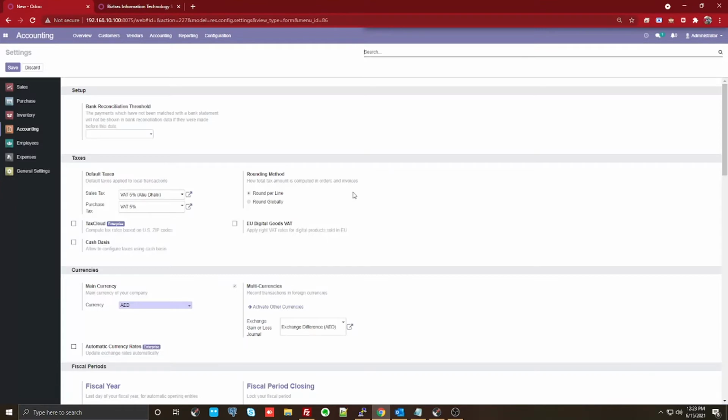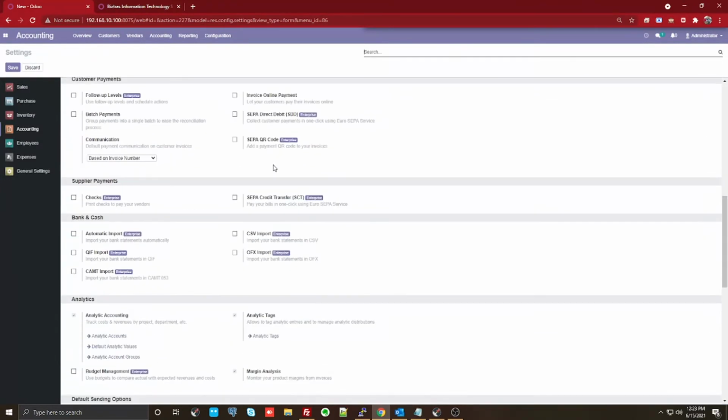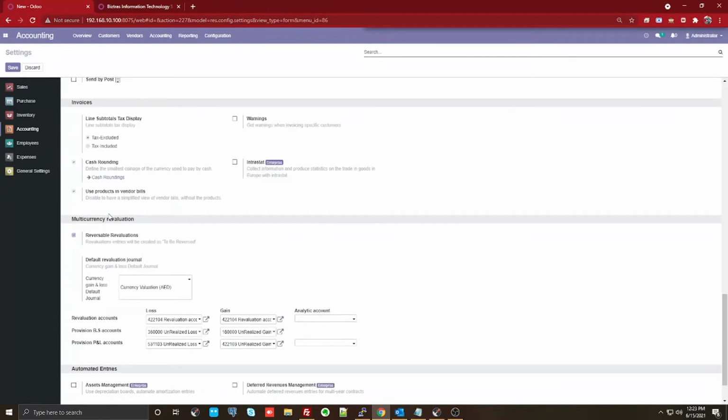So if you go to the configuration and settings, what you could see here is towards the bottom of it, you have multi-currency variations. So here we are actually doing reversible revaluations. This is something which you normally do on a monthly perspective. And you can actually tell what is your balance sheet account for loss and gain, profit and loss account for your gain and loss.